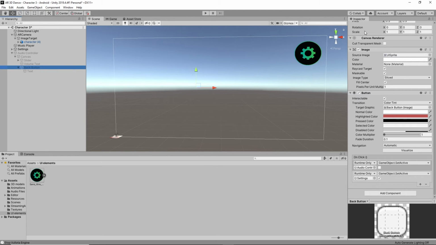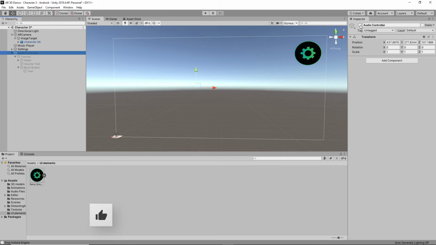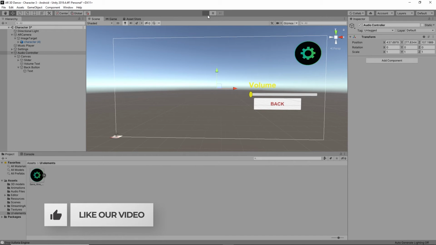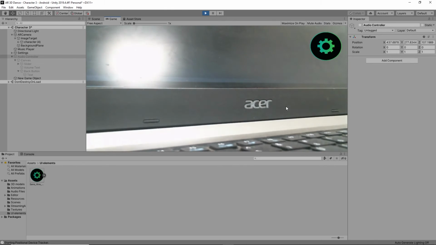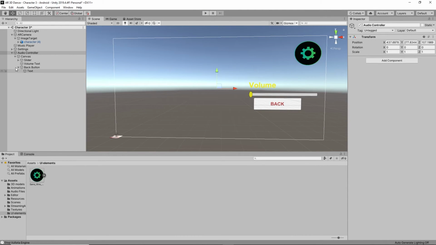I think this was disabled. Yeah, let's enable it again and check whether it is working or not. I think the slider is not working well.